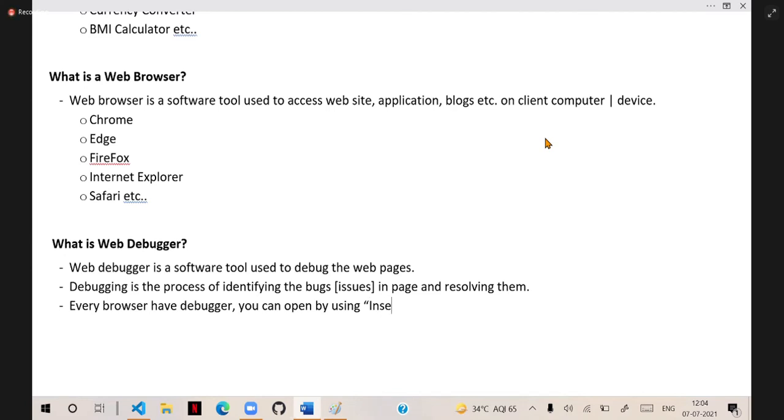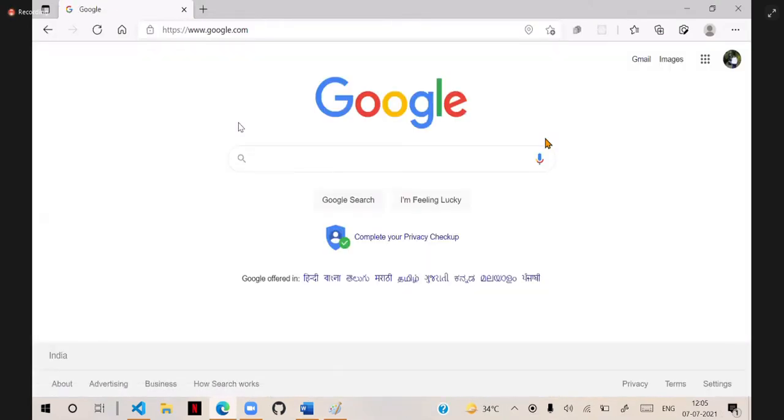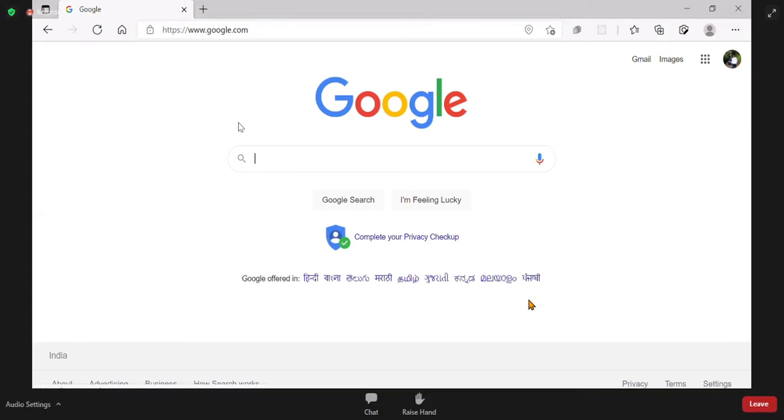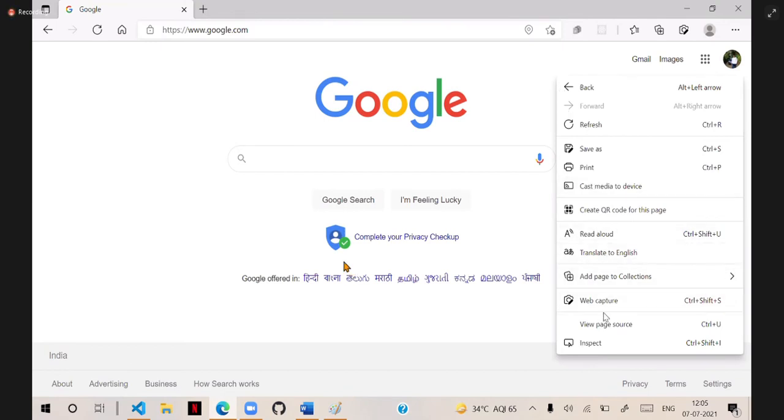Say you open some website, Google, and I want to know the code behind it. You cannot know the server-side code, only client-side. You can just right click and select inspect. When you select inspect, it opens the debugger.